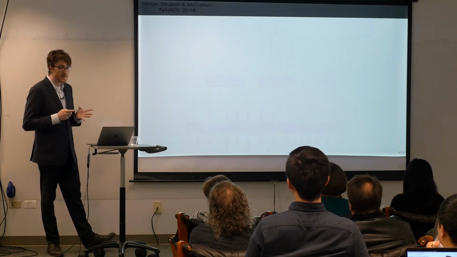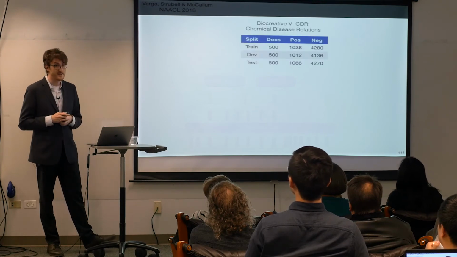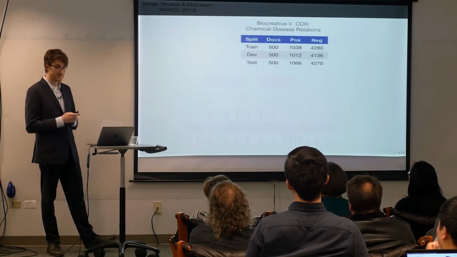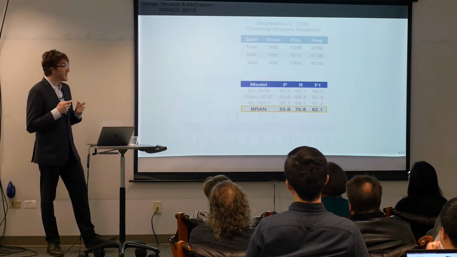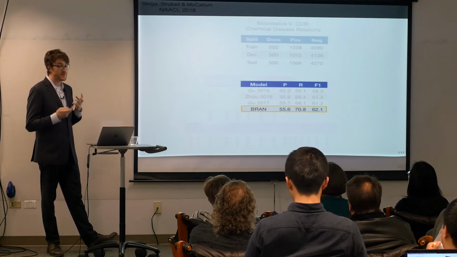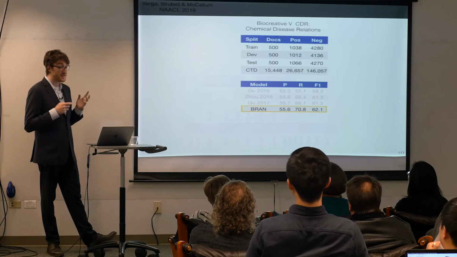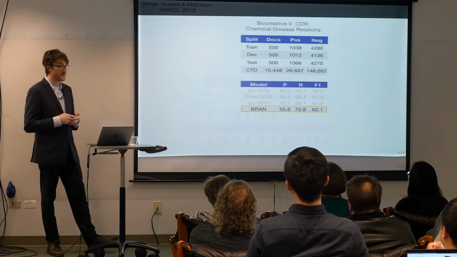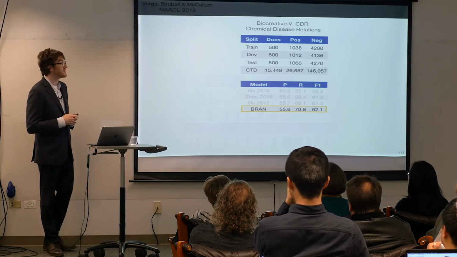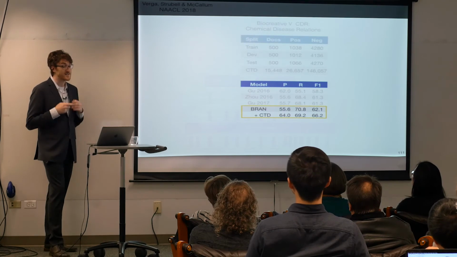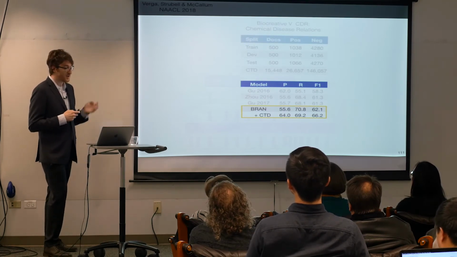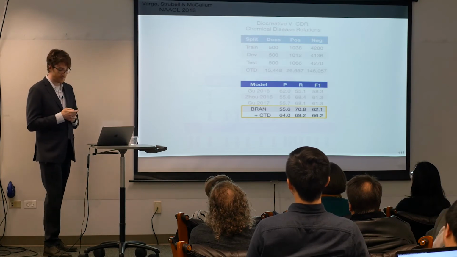All right, so we evaluated our model on the BioCreative 5 chemical disease relation benchmark. And the goal here is to predict these entity level relationships. So our BRAND model was able to outperform the previous state-of-the-art methods, which were ensembles of neural and feature-based models. And the design of our BRAND model allowed us to easily add in a large amount of weakly labeled data, which leveraged readily available document-level annotations. We found this gave us a pretty significant boost in performance. And if you're interested in more details, you can check out the paper for details on this data and model.